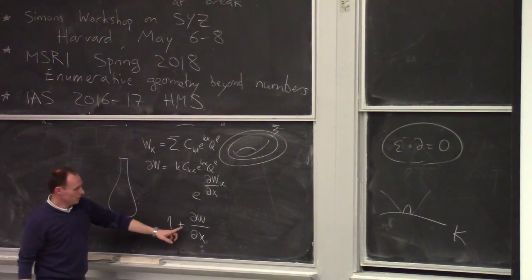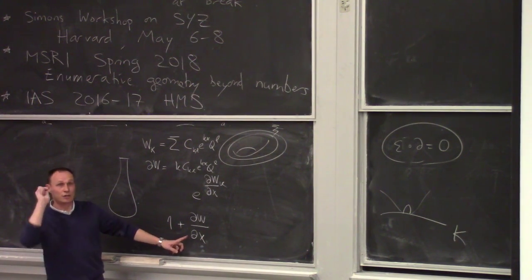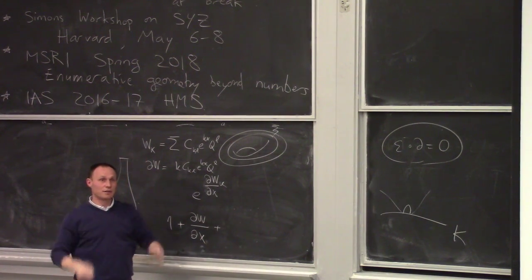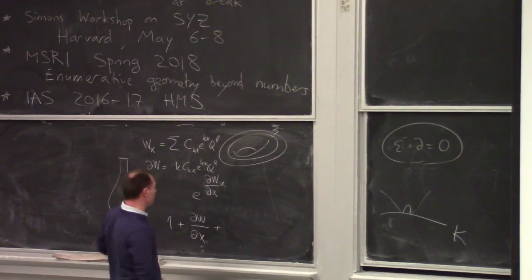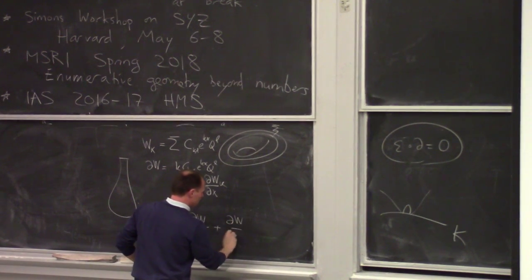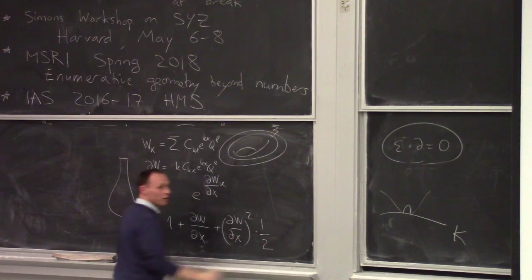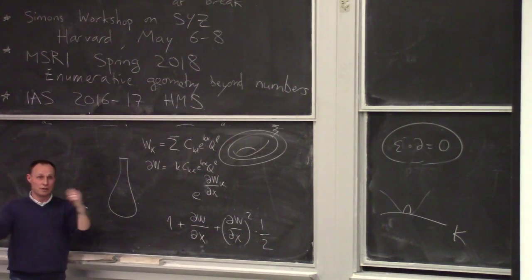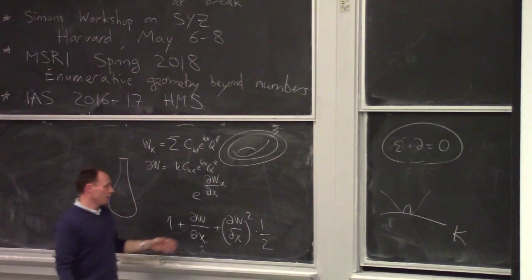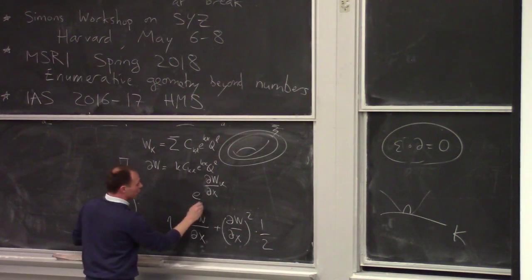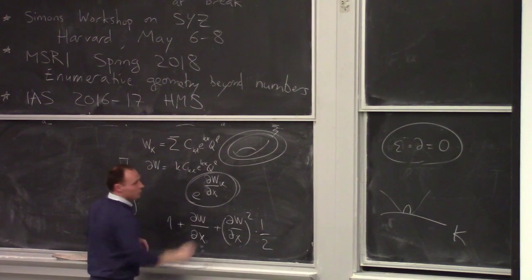And now I can insert it once, or I can insert twice, right? If I have two intersection points, that's exactly this (dw/dx)^2, but then I have to divide by the symmetry, because I can do it one way or the other way, and so on. So you see that this counting, this insertion exactly corresponds to this